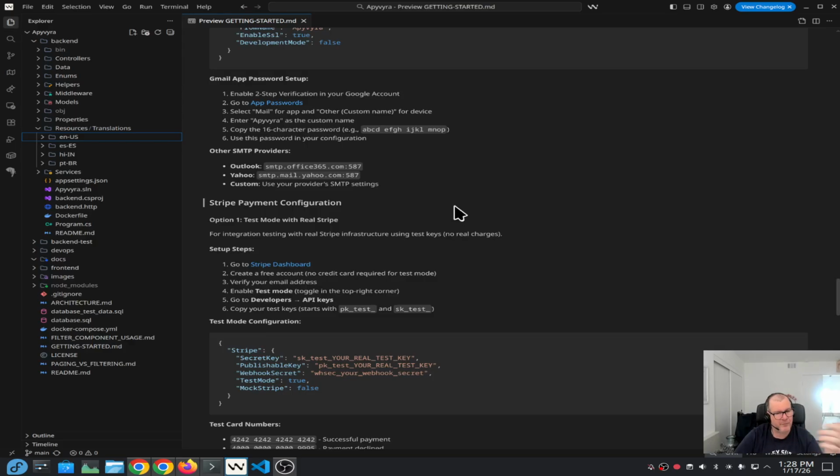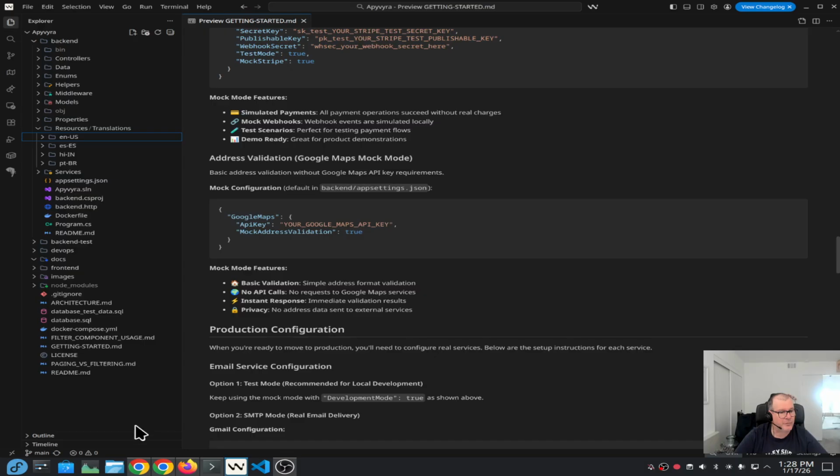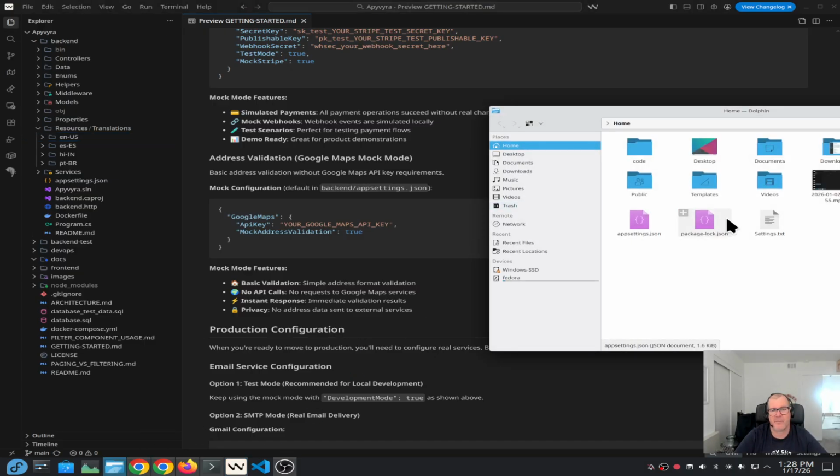Stripe, for me, was like, oh, it's so easy, like five minutes and then it's done. You just create a web account and put that account in test mode, and this is what we're going to be using. So one thing that I need to do before I run my application is